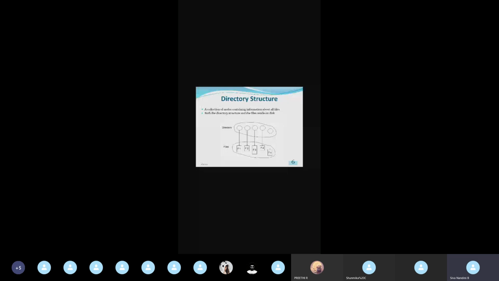Here I have given a diagram in which we have a directory and a group of files. For each and every file we'll have a particular directory entry which contains the information about the file. The collection of nodes containing information about all the files is nothing but your directory. Okay, we have different directory structures, so we'll see all those structures one by one.